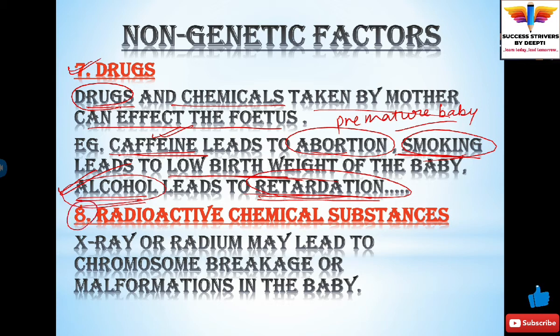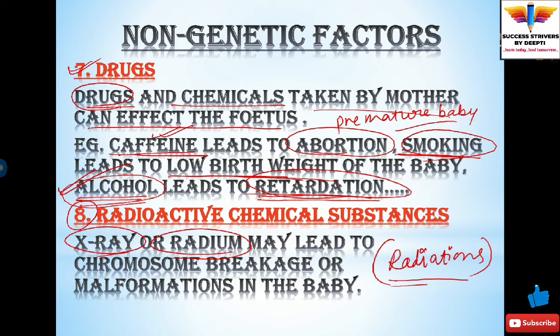Coming here to the last point, which is the radioactive chemical substances. So here we are going to talk about the radium and the X-rays. So these are also equally हैम्परिंग द डेवलपमेंट ऑफ द चाइल्ड। ऐसा आपने सुना होगा कि आज बहुत बड़ा ग्रहण लग रहा है तो प्रेग्नेंट विमेंस को बाहर नहीं निकलना चाहिए, बिकॉज दीज लीड टू रेडिएशंस, और ये रेडिएशंस जो होते हैं फीचर्स के लिए बहुत ही ज़्यादा बुरे होते हैं। दिस कैन लीड टू मैल डेवलपमेंट और मैल फॉर्मेशंस इन अ चाइल्ड इन लेटर